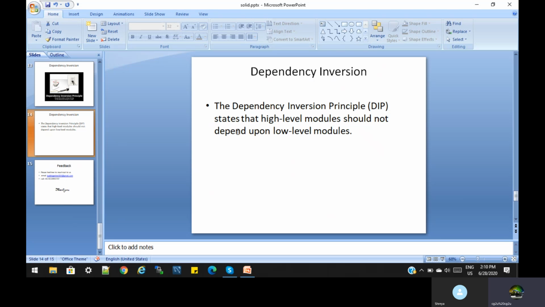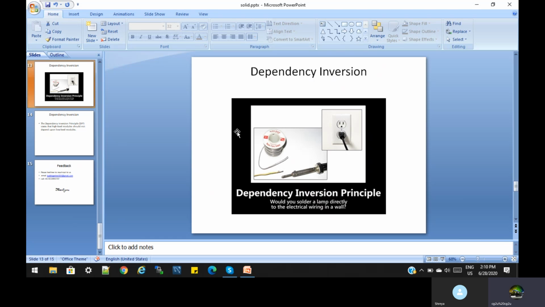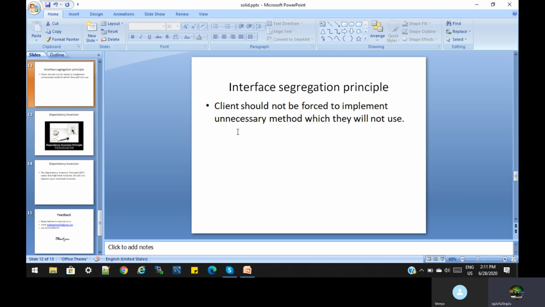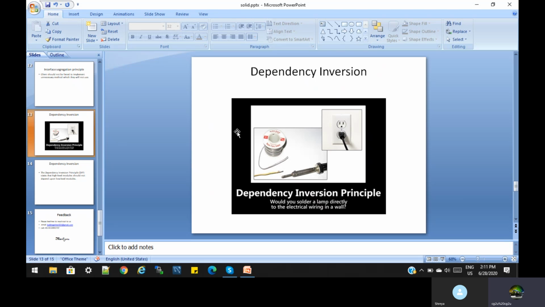S O L I D. S stands for single responsibility, O for open closed principle, L stands for Liskov substitution principle, I stands for interface segregation principle, and D stands for dependency inversion. These five principles combined are known as the SOLID principle, and they are very useful for developing projects.